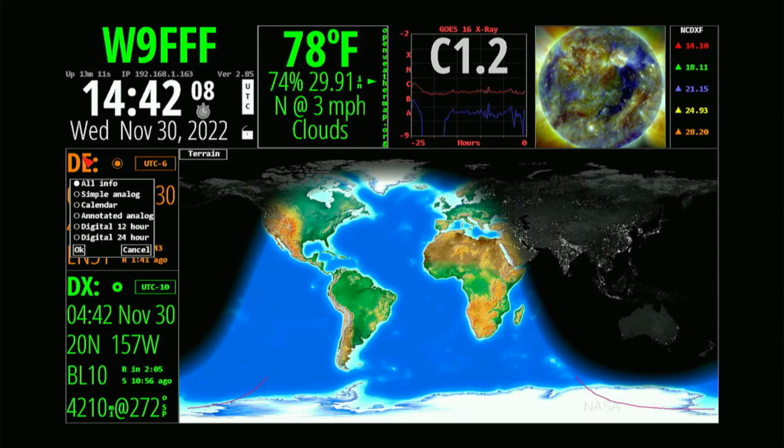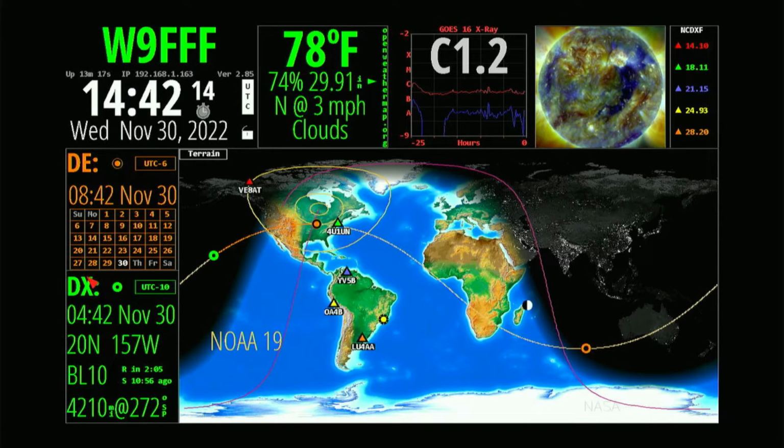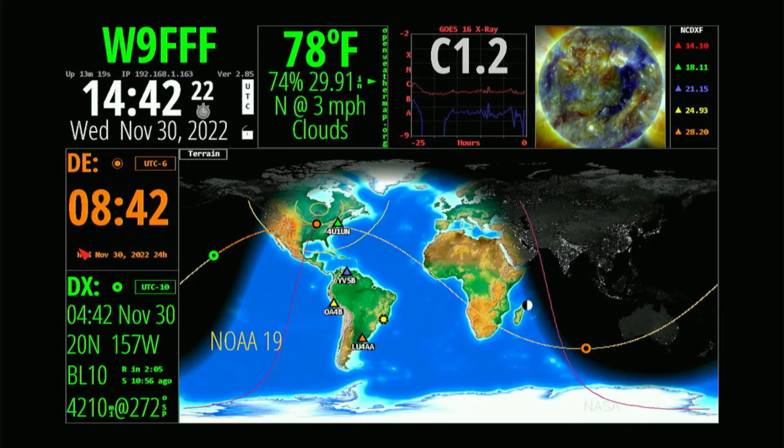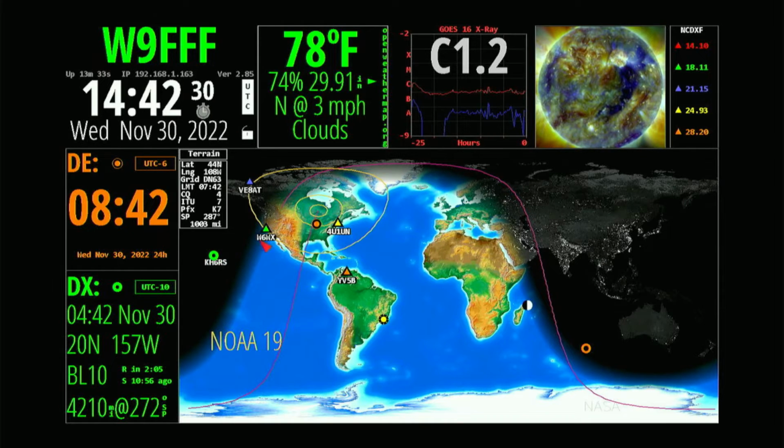Maybe not. If I click on DE up here, I can get a bunch of information more than I ever thought, right? So all of a sudden now I have a calendar for my area, which, hey, whatever, right? I'm going to just stick with the digital 24-hour calendar, okay? And it's 0842 hours. That's kind of cool. That's my location. I don't need to know that it's EN52 or 51, whatever it decided on. So I like that time. But down here, I do like to know what I'm looking at,